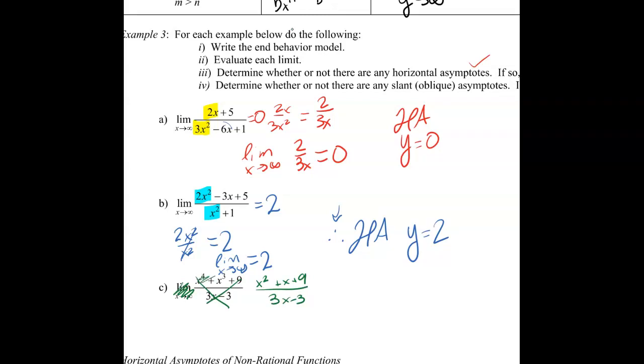Because like I said, this one ended up gross. I got rid of it, and I tried. Alright, so the limit as x approaches infinity, my end behavior model,